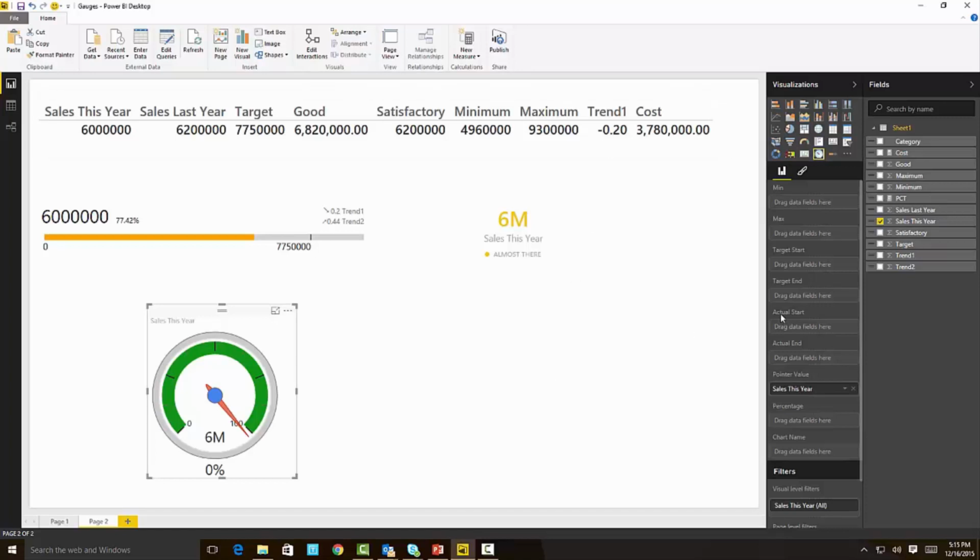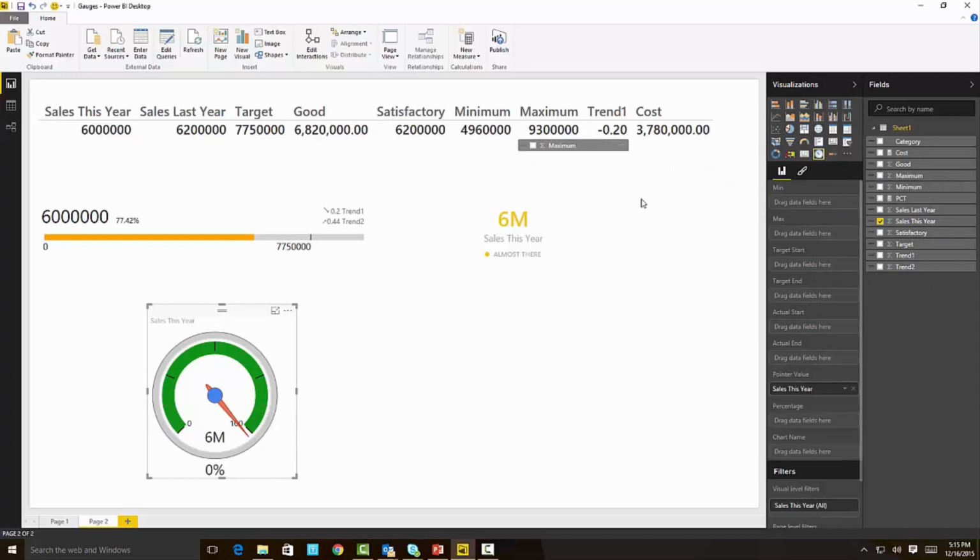So you see here we have a bunch of ranges. We have a minimum and maximum. The minimum is typically going to be 0, and the maximum is going to be the actual value if you don't say anything here. So let's take the maximum here, and I want to set it to the